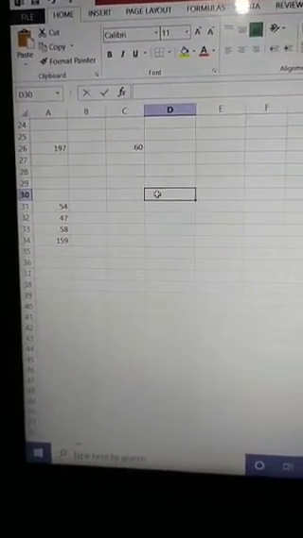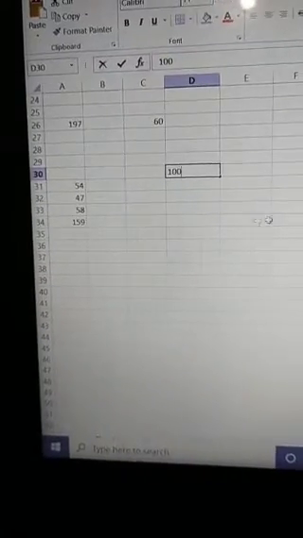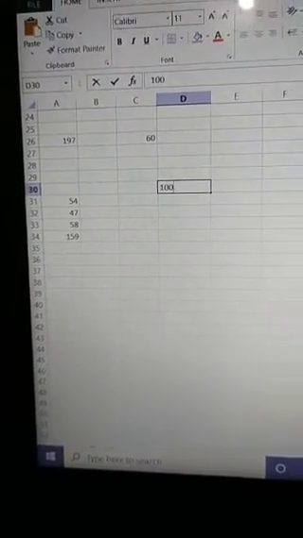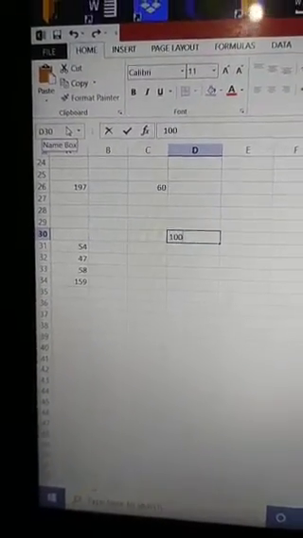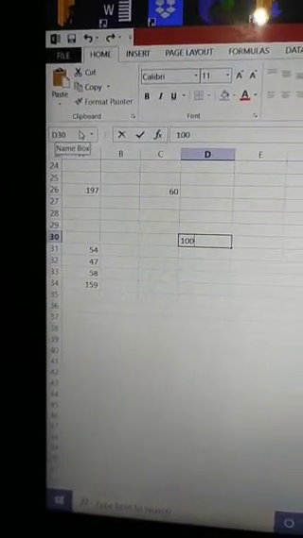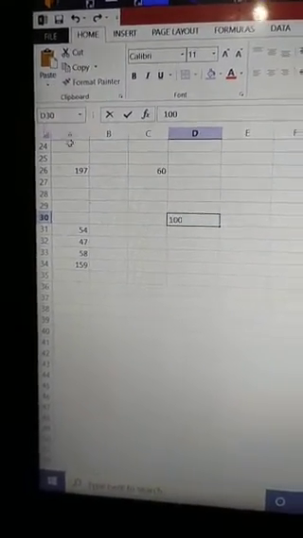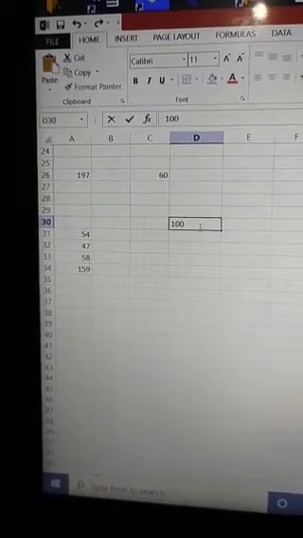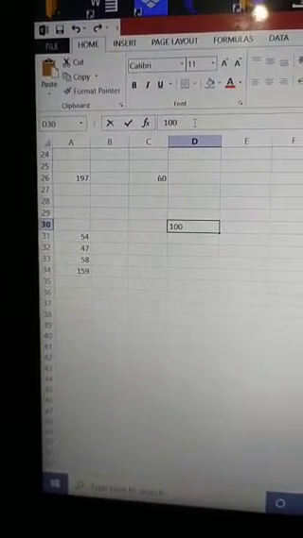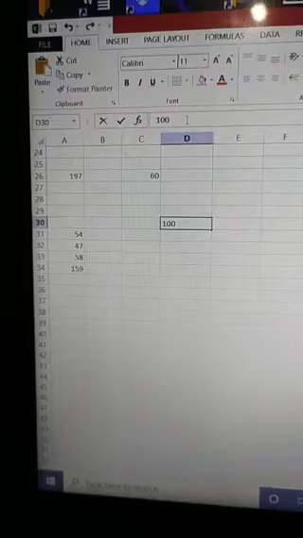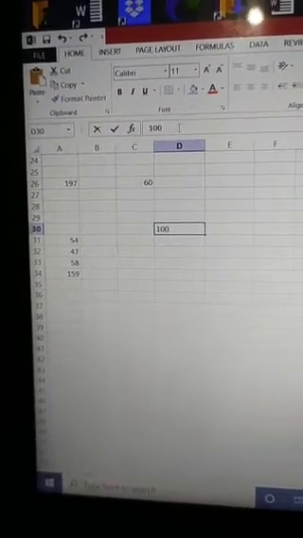Now I am doing a subtraction for your better understanding. I have typed the value 100 in D30. The name box will display your cell reference D30, and the formula bar displays what I have entered in that cell.